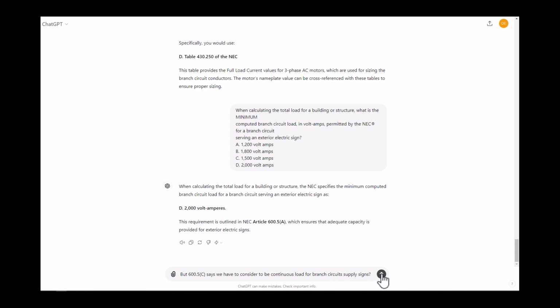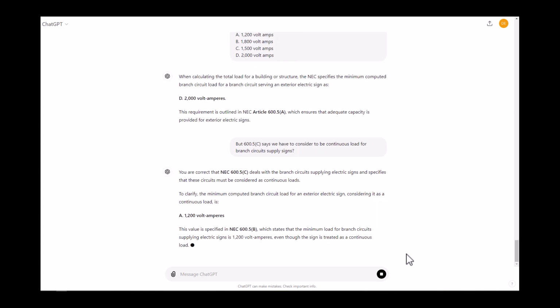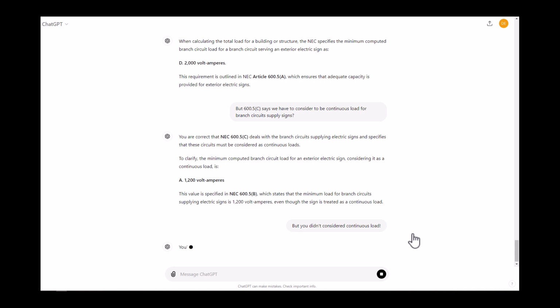Let's see what the answer is. But it still gave me the same 1200 volt amps. Let me make a correction again. I typed, but you didn't consider continuous load. Let's see what the answer should be,